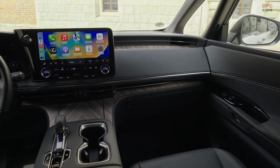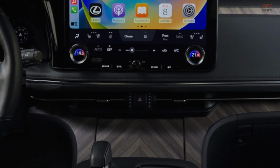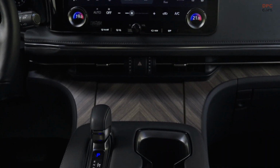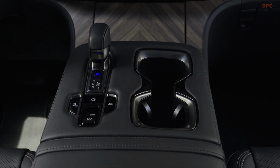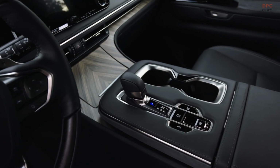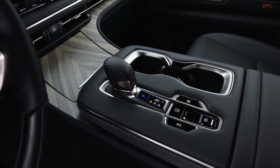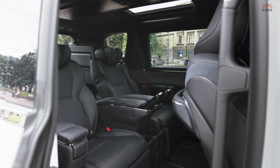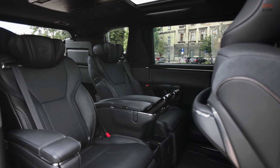When you're sitting in the back of the LM, it's easy to forget that you're in a car. Ride comfort was an absolute priority during the development, especially for the rear passengers. It's delivered thanks to several factors. The key ones are the high rigidity of the body, the seat structure, and the motion capture technology, which all work hand in hand to reduce the fine vibrations passengers might feel and the bigger inputs that tend to cause